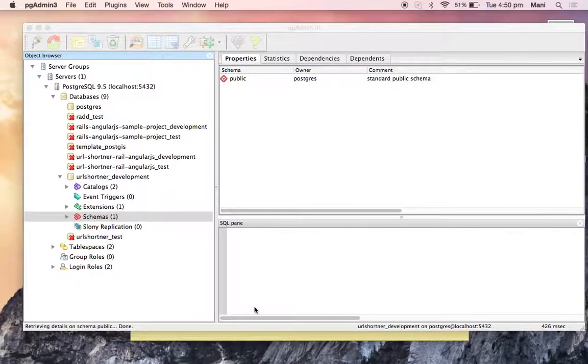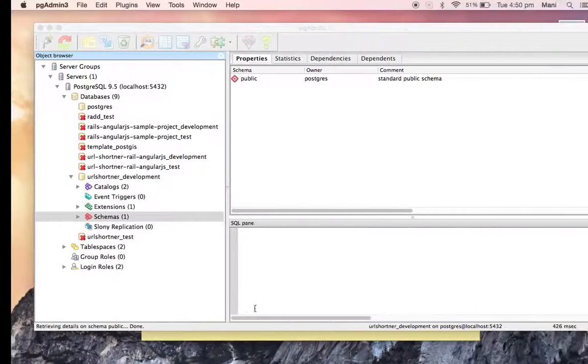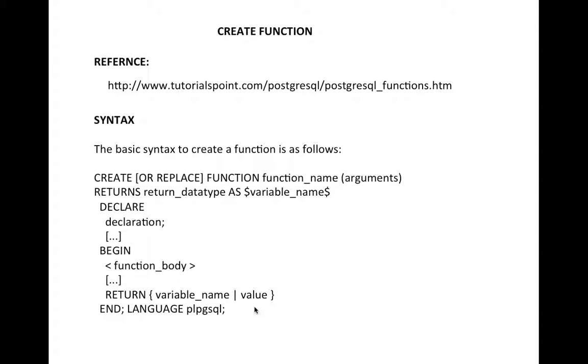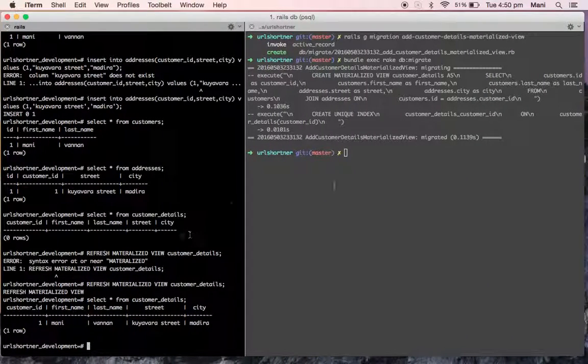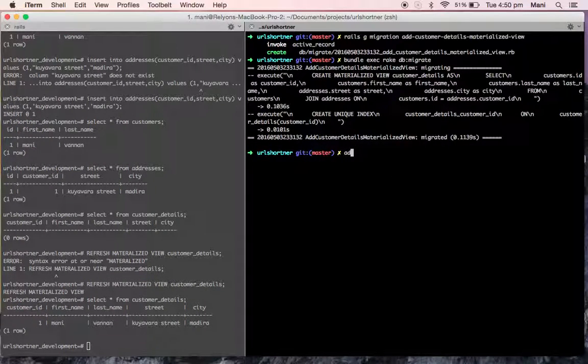Now we will write a new function for this customer detail. We'll check. So rails g migration add function trigger for customer details.